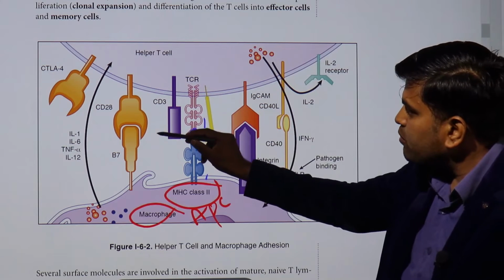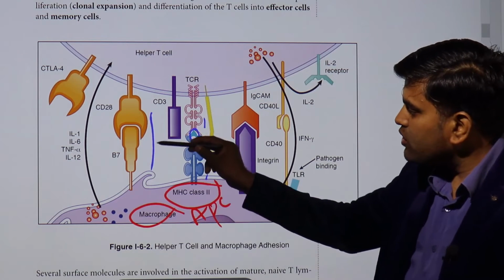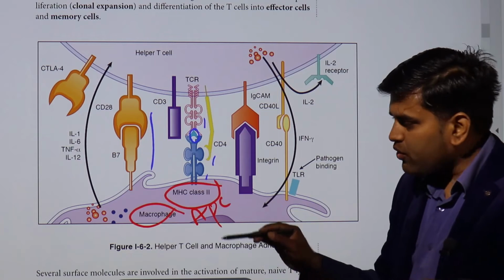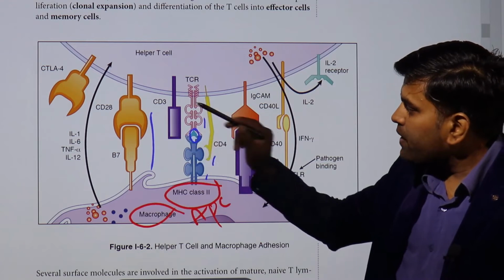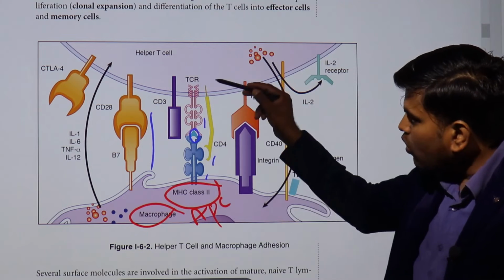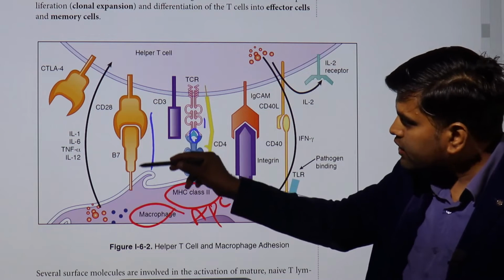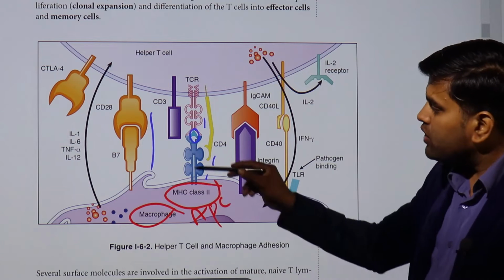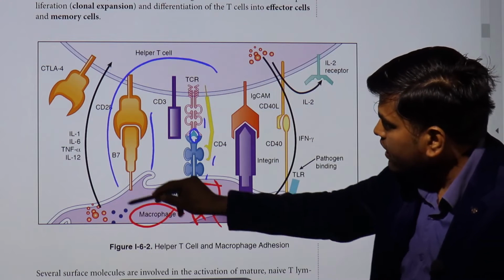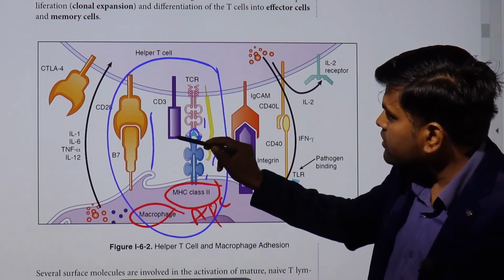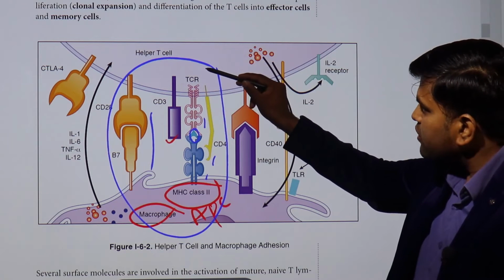Now there will be the co-stimulatory signal by the B7 and CD28. B7 is initially low in amount on the antigen presenting cell, but during inflammation and infection, it will be regulated high, so this binding will be more. A single binding will not activate the T cell. For activation of the T cell, this co-stimulatory signal is needed as well. So this co-stimulatory signal will bind, this complex will be formed, and the CD3 will send the intracellular signal,